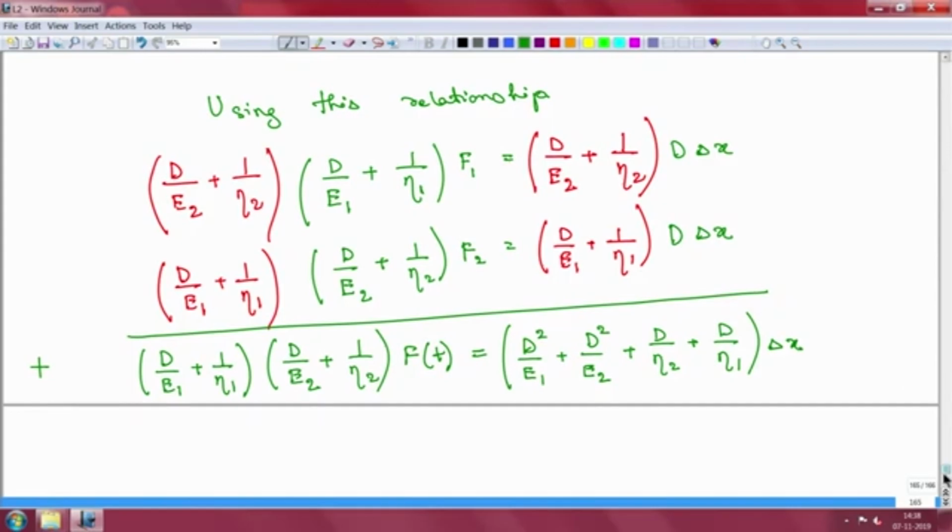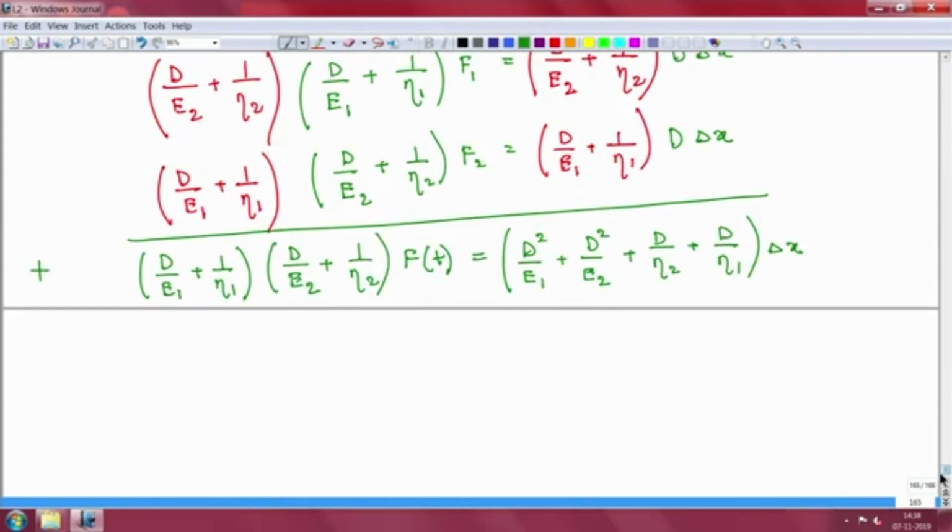Okay. So, what does this suggest? So, now if I have to replace the F, so this suggests